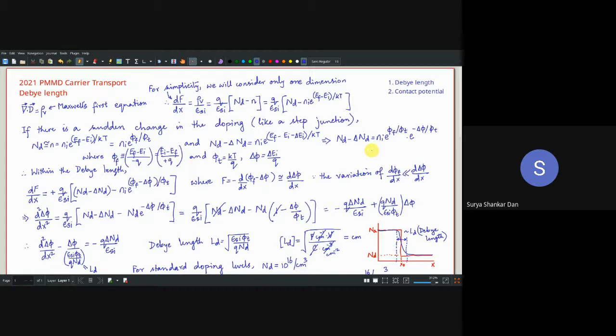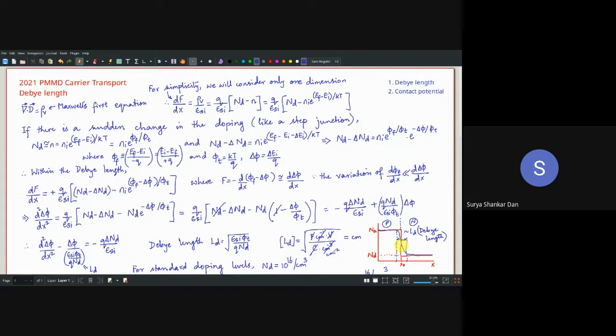So what we are going to do in today's lecture is model this order of the distance inside the material or the devices. Suppose you have got a PN junction here. So this is the P region, this is the N region. Suppose at x0 we have got a perfect junction. Very close to that x0 on both sides, you are going to have a smearing of the doping levels. Doping levels in the sense that you will always have a smearing of the ionic concentration. The immobile ion concentration will be different. It's not going to be a perfect step anywhere.